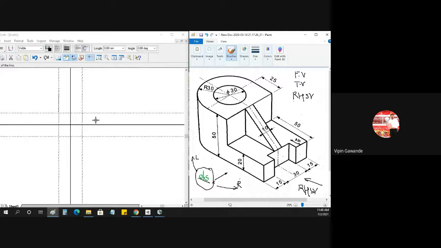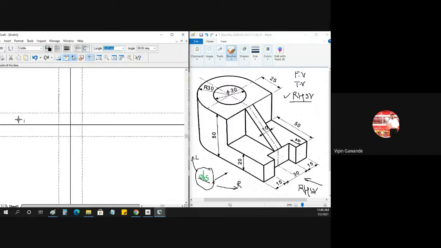Now in this problem we have the plus sign. Where will you put the view? Whenever you have to put a view, first think about the side view. Here in this problem we have been given the right hand side view. I have told you, whenever right is given, we have to draw it on the left side. So we have to draw it here, on the left hand side.